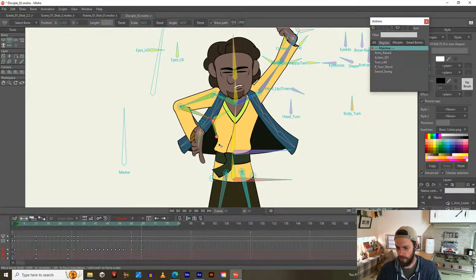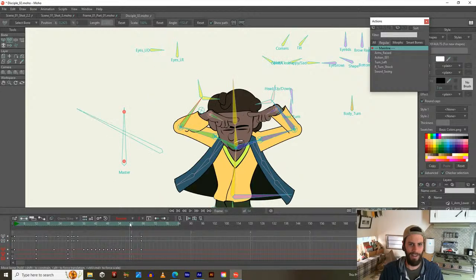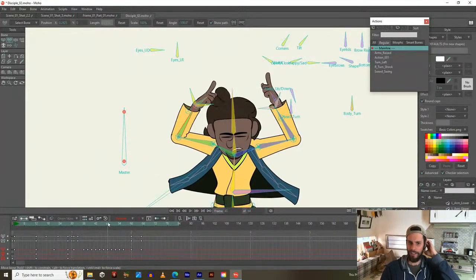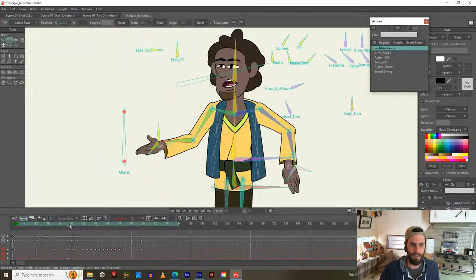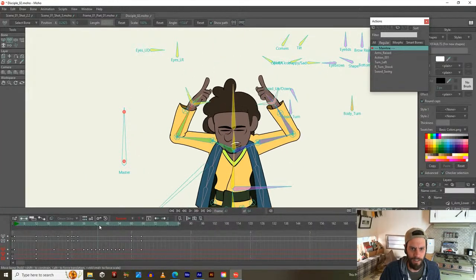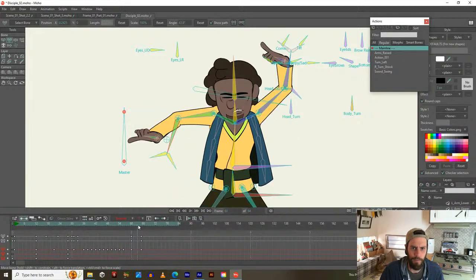What's he gonna do? Comes back to Super Saiyan. Yeah. Let's see. I guess the question is, if he comes into this position and then he goes up,